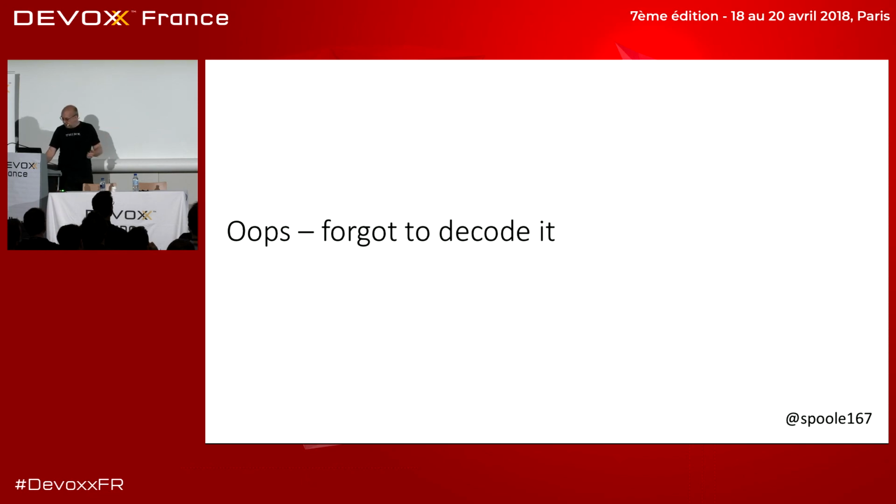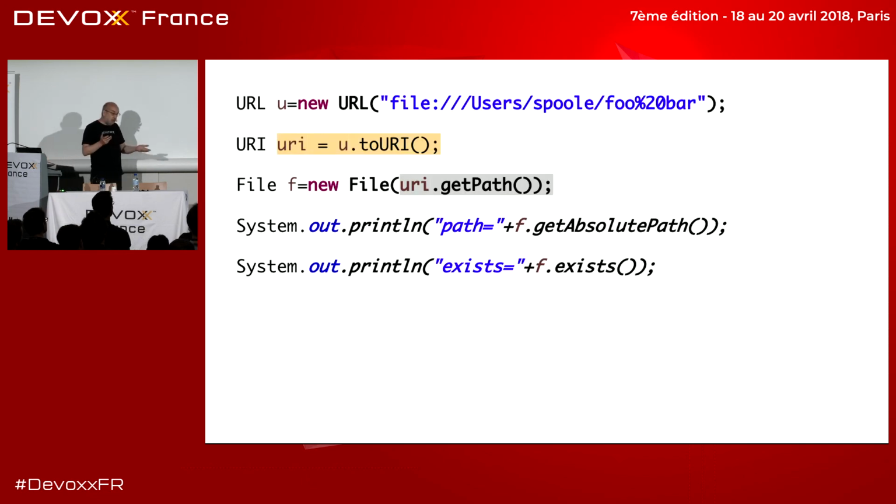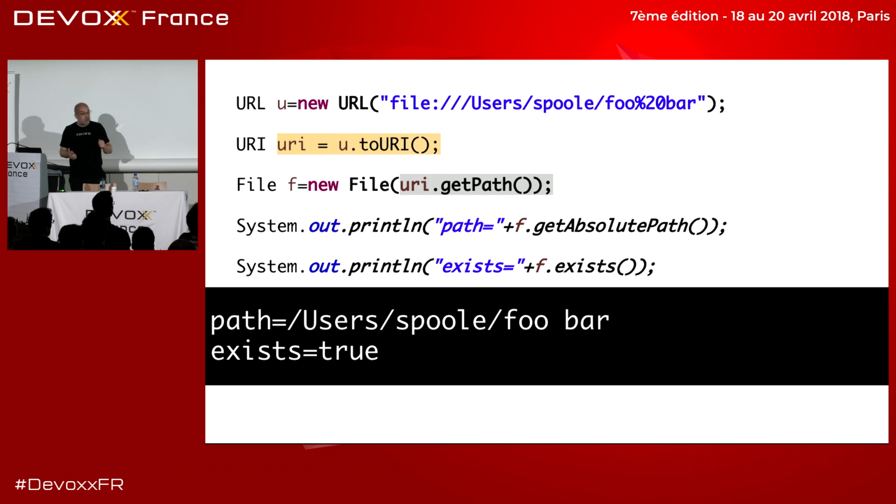I was so excited. So what you do, if you're writing Java code, is you might add a couple of lines in like this, where you add in a URI, because that'll do the decoding for you. So it'll turn the %20s back into spaces, etc. So yeah, slightly different code. Now I've got a path with the space in, so the system will say that exists, because obviously %20 was a different path. So it's true, okay. So what happened there was I got the name slightly wrong, and the system said, doesn't exist, and that's great.